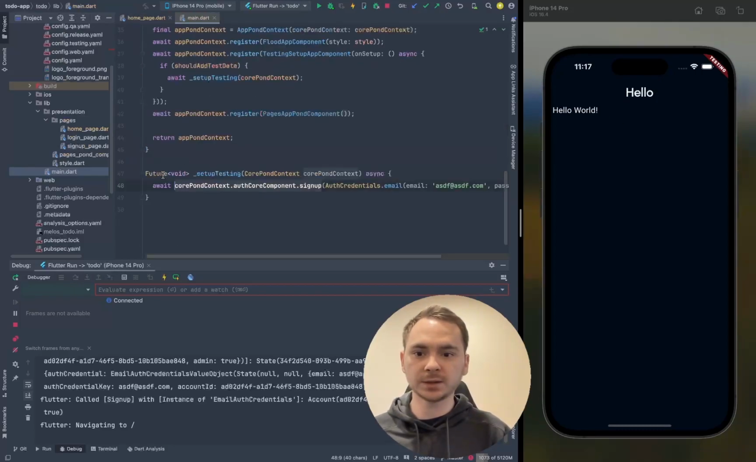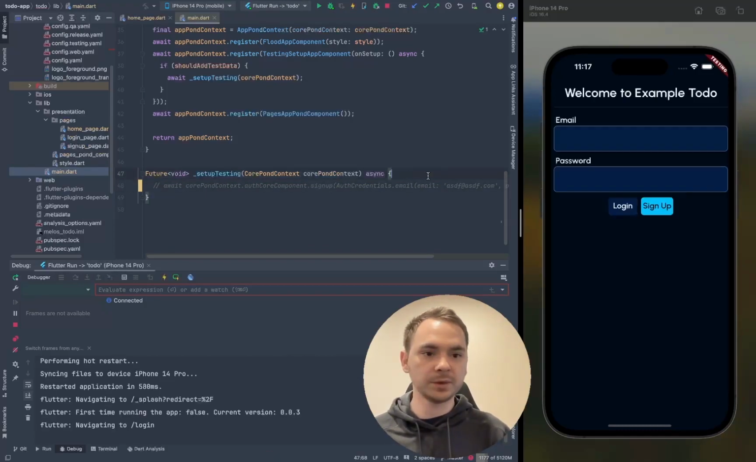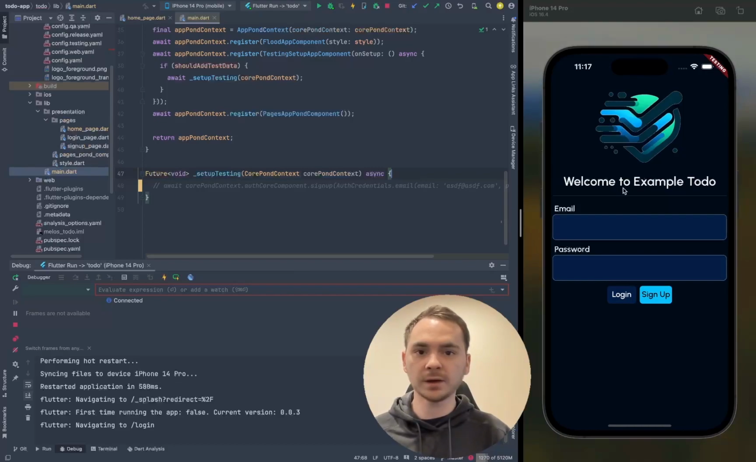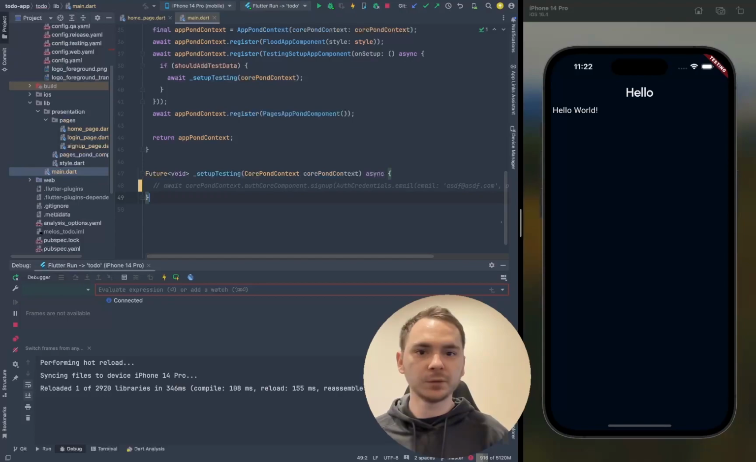And if we go to main.dart and we comment out this code that is going to automatically sign us up with a random account, and we restart the app, we're going to see that it takes us to the login page over here because we don't have an account. Let's make it so that whenever we log in or sign up, it takes us to the home page. And let's also make it so that there's a logout button in the home page that'll take us to the